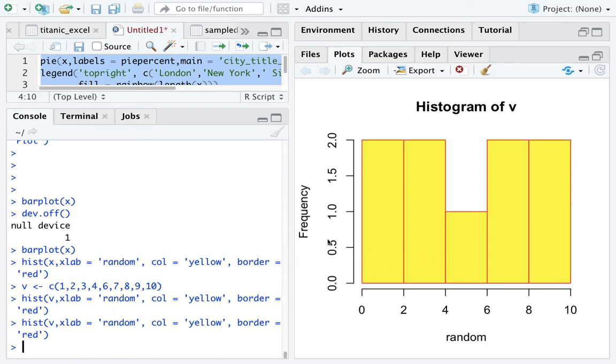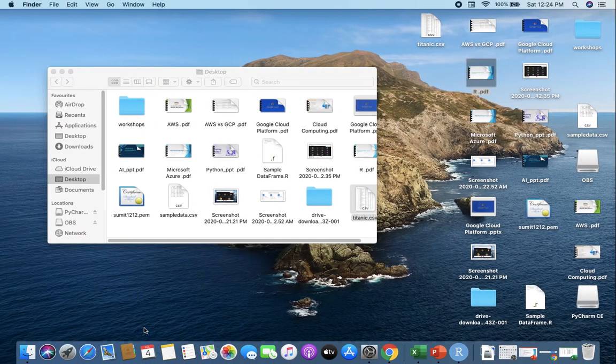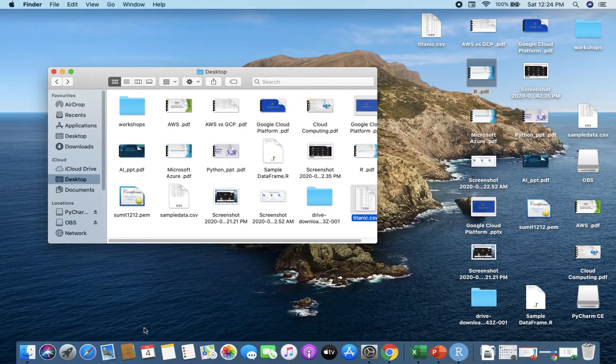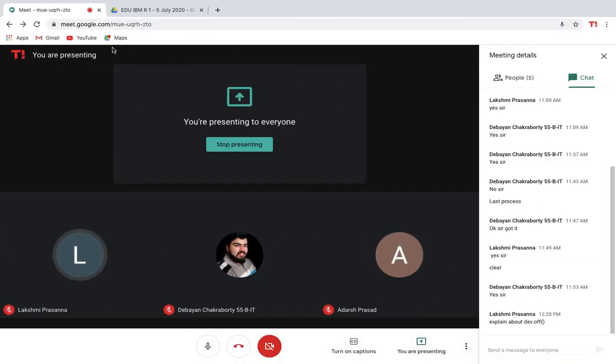It's very simple there. Okay, now for the small graphs, you have scatter plots, you have line plots, and so on. You have multiple plottings there, right? So this is how exactly the functions or the graphs work. Any confusions to anyone? We have completed our session. We'll explain about dev.off. Dev.off is basically for saving your